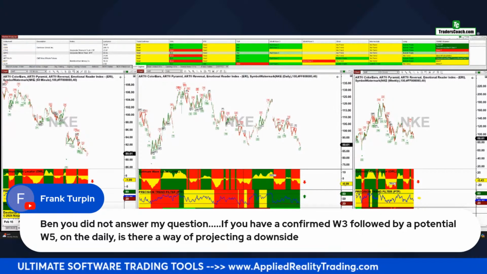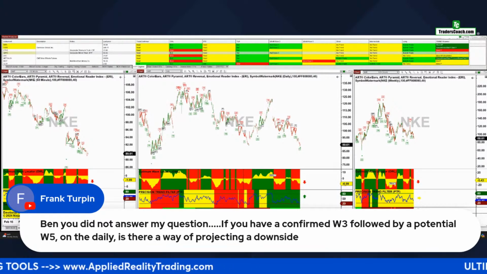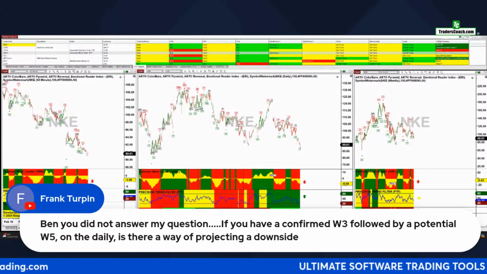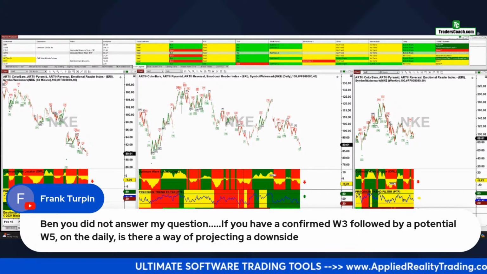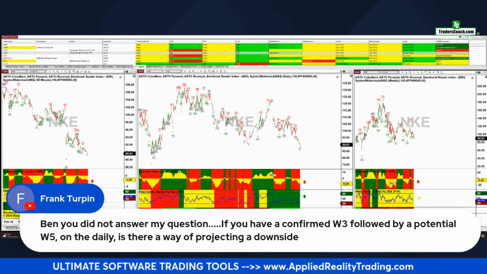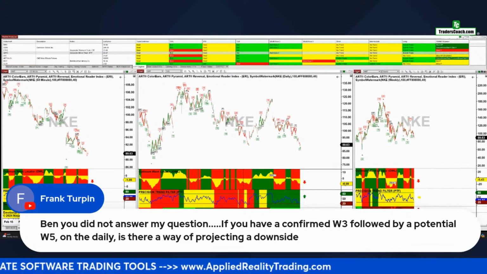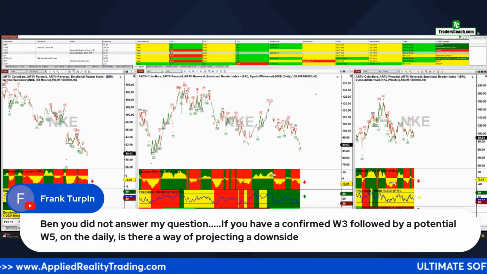So if you have a wave 5 on the daily, that means you've ended some form of a trend. I'm assuming it's an uptrend. Let's say you ended the uptrend. Then the next question is, now you have a change in trend. So what you do is you go to the higher time frames, like the weekly chart or even the monthly if you have to, until you see clarity on where the next move could be.